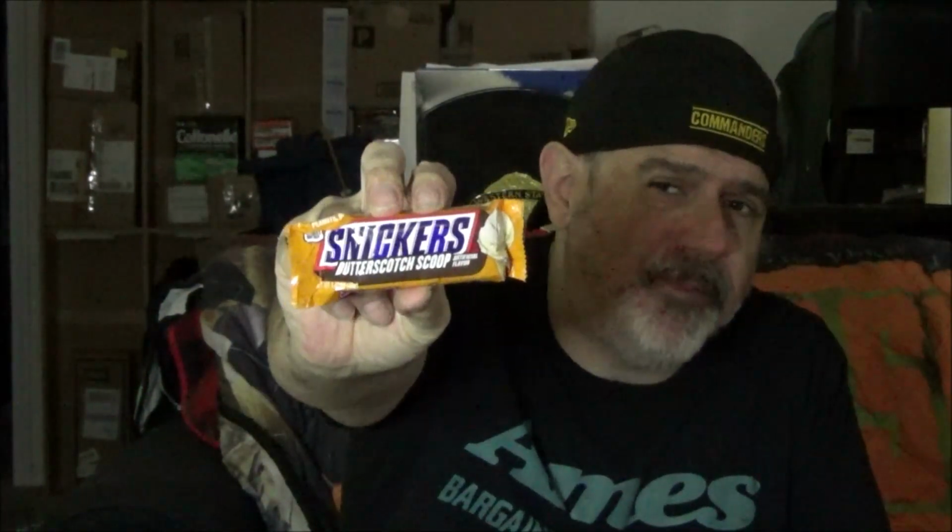Next up is the Snickers Butterscotch Scoop, which really I am kind of excited about. Not a big Snickers guy generally, and okay, part of it fell on the floor. Apparently it comes in 2 squares. Henry might, well, cats can't eat chocolate, but we'll do something with that later. Anyway,